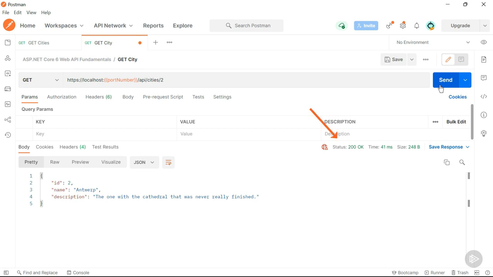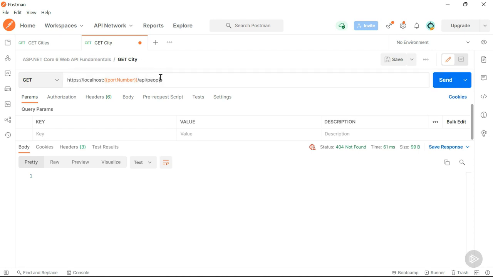What we also see here in Postman is that the status code that's being returned is a 200 OK. What would happen if we were to send a GET request to an unexisting resource? For example, API/people. We get back a 404 not found. 200 OK and 404 not found are HTTP status codes, in this case automatically returned by the framework. Yet, if we try to get a city that doesn't exist, but lives at a URI that can be routed to an action, like